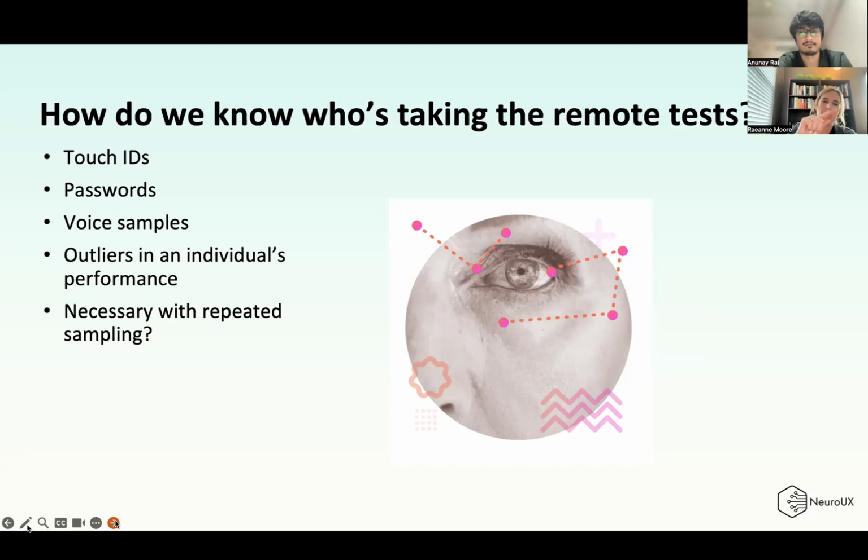And maybe if their performance is always kind of like this, and all of a sudden you have a time point where it's way up here, maybe someone else took the test that day and you can throw out that outlier. One thing though, is I'm not sure it's 100% necessary with repeated sampling to really worry too much that it is the person we intend to be taking it. Of course, we want to assume that most of the time it is the person,